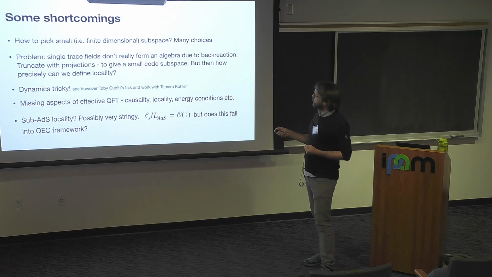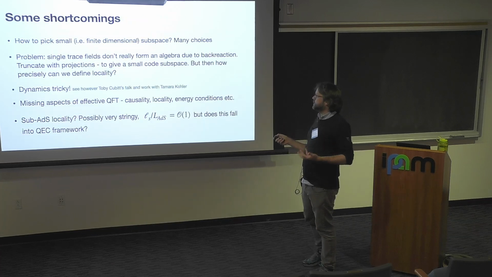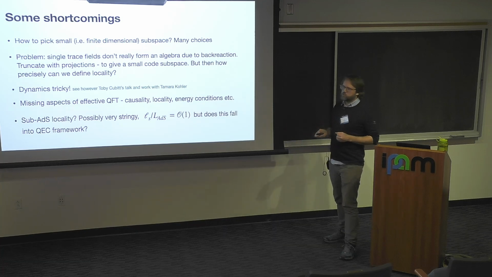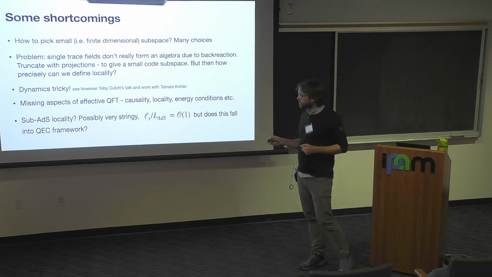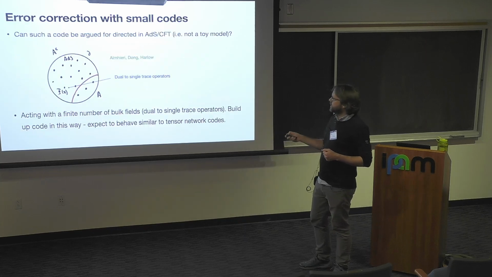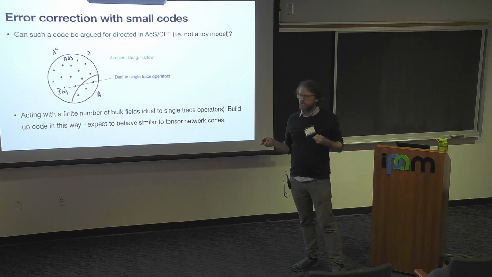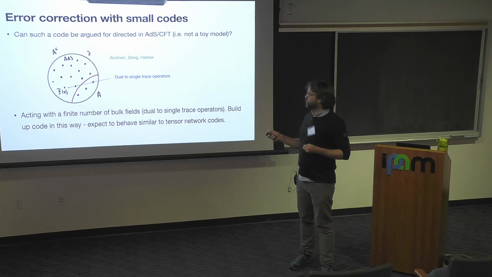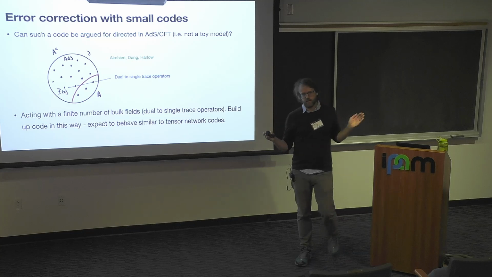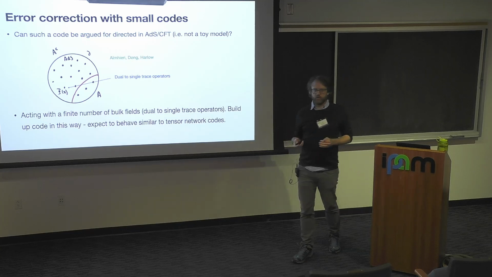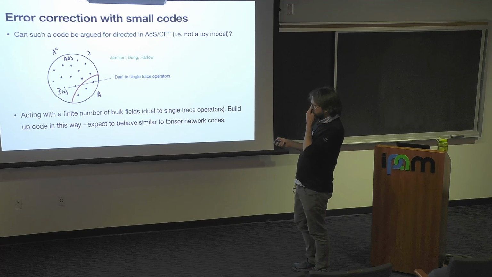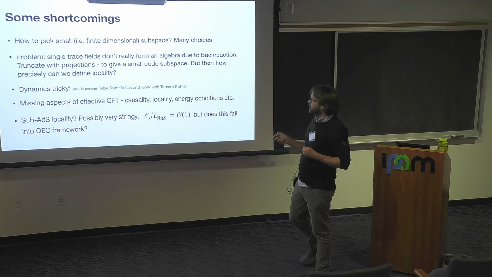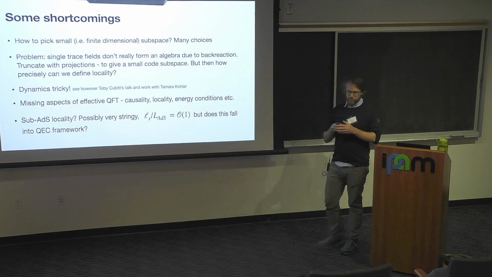But what you need to know now is that there's a collection of fields in the boundary theory that don't really form an algebra. For this reason, I can't act with an arbitrary number of these operators, because if I do that, I'm adding more and more energy to the bulk. That will eventually collapse and form a black hole, and that's not good. So what you usually do is you act with some small number of operators, and then you do some projection,